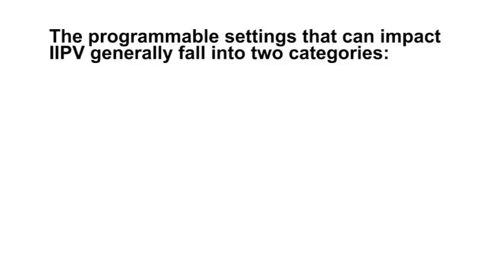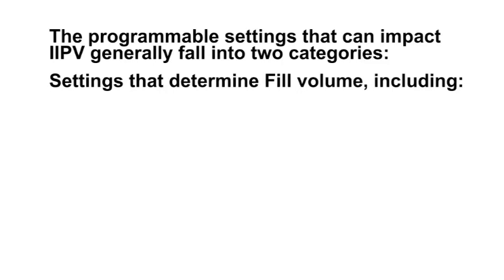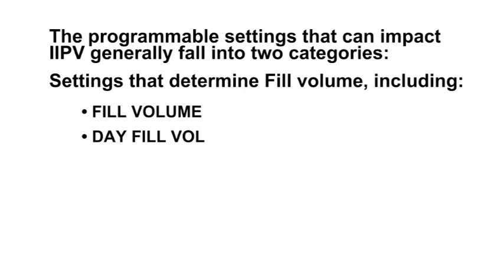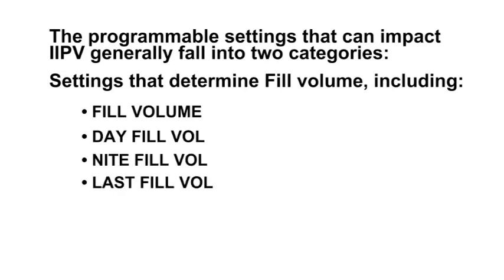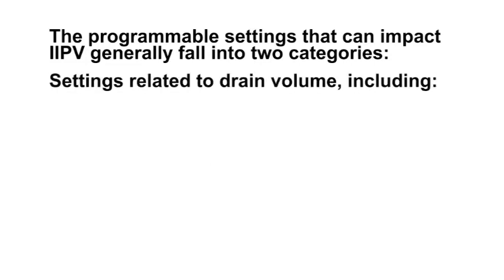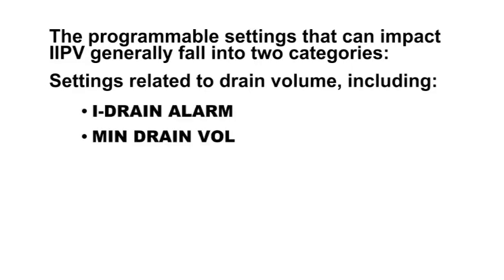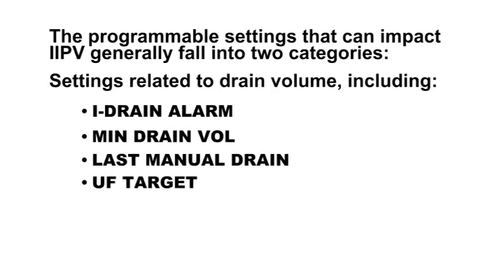The programmable settings that can impact IIPV generally fall within two categories. 1. Settings that determine fill volume, including fill volume, day fill volume, night fill volume, last fill volume. And 2. Settings related to drain volume, including iDrain alarm, minimum drain volume, last manual drain, UF target, total UF,